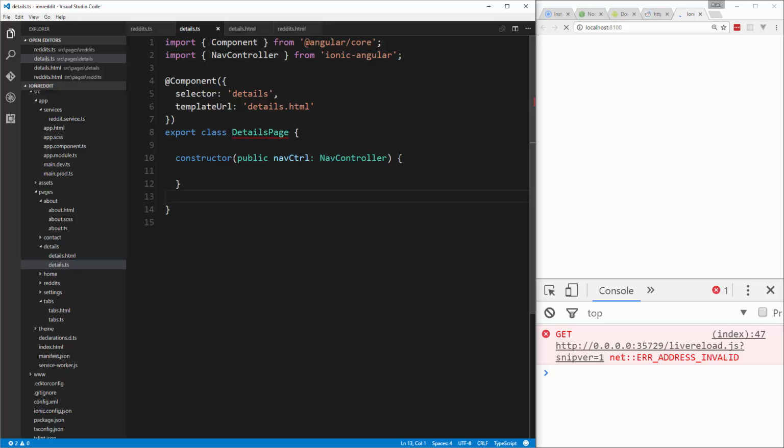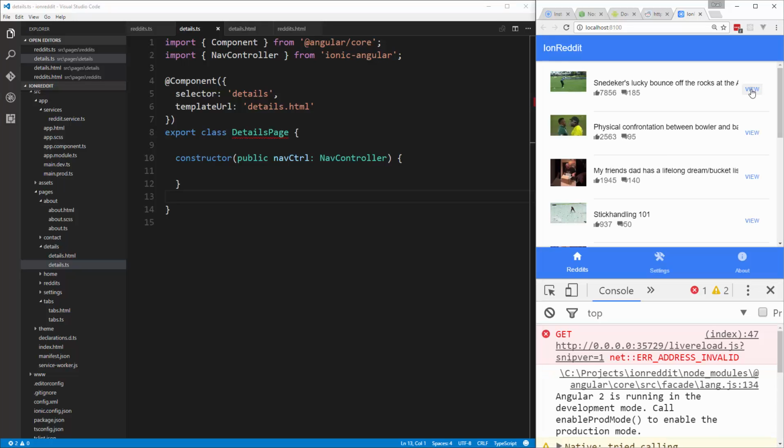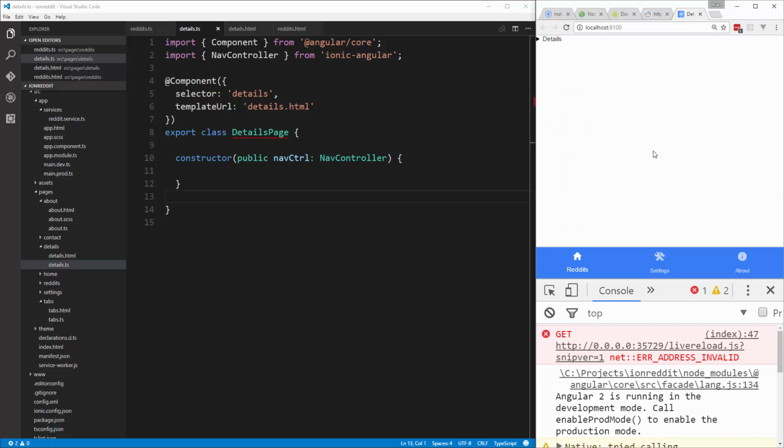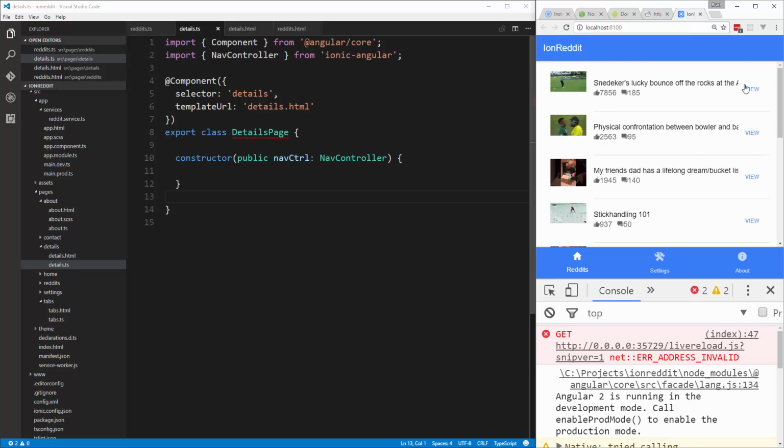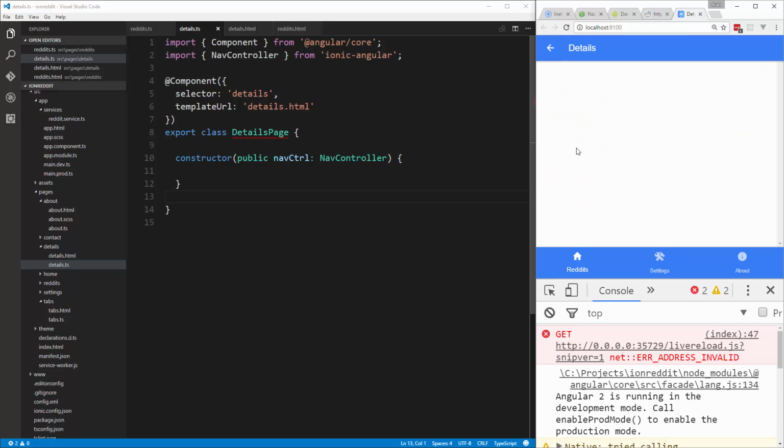Alright, so if we click view, now this is something that happened. You'll see that this is kind of weird, right? Now if I click that, it actually takes us to the page. Now to get rid of that weird step in between, which took me a while to figure out, we need to get rid of the selector for details, okay? For some reason it causes it to do that. So if we just get rid of that,